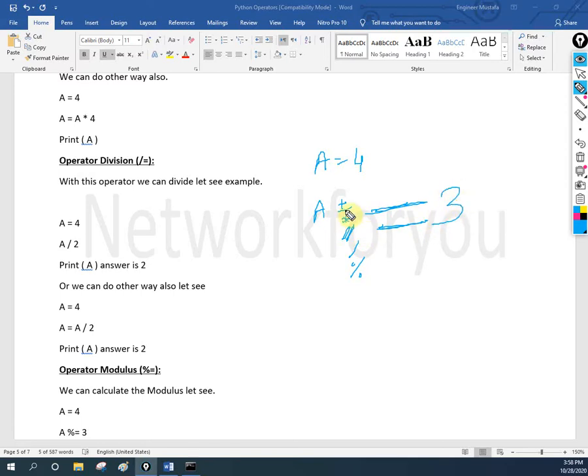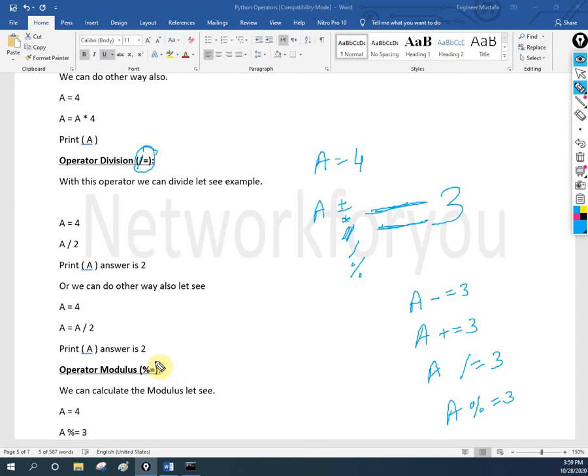Example, if I want to subtract 3, then you will write a minus is equal to 3. If you want to add, you will write a plus is equal to 3. If you want to divide, you will write a divide is equal to 3. If you want to do the modular operation, you will write a modulus is equal to 3. Same thing we learned. If you see here, a will be there, and then you write this divide is equal to.